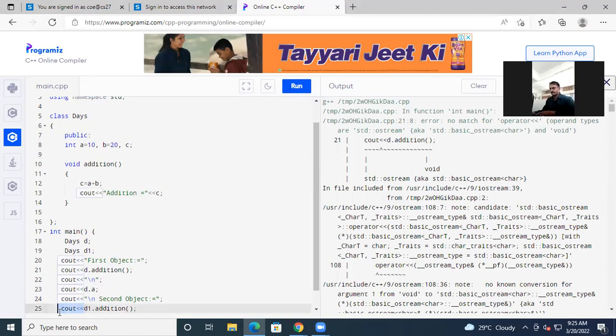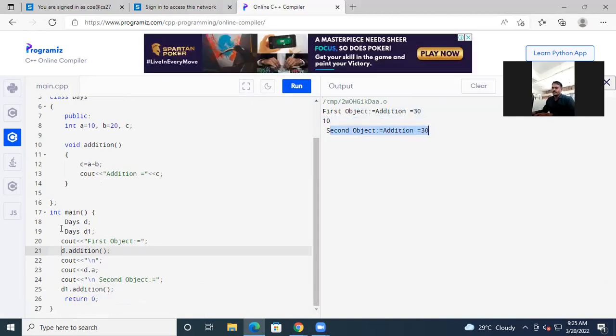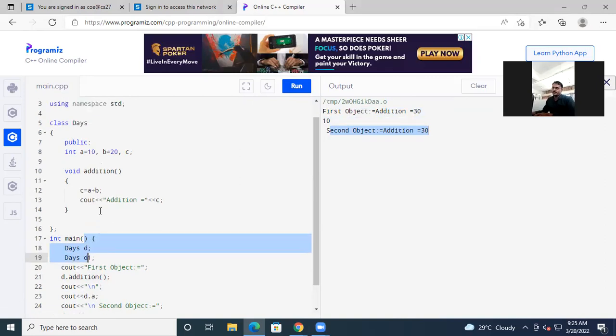Sorry, because it is not returning anything, so I need to remove this. Just check. See, first object addition is equal to 30, second object addition is equal to 30. So you can create n number of objects of the class, but remember, when you need to call,